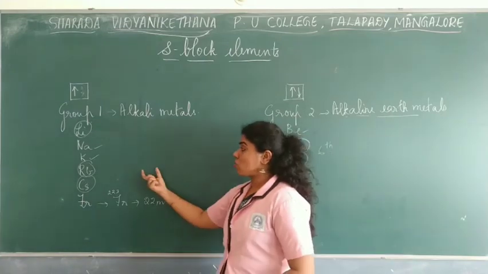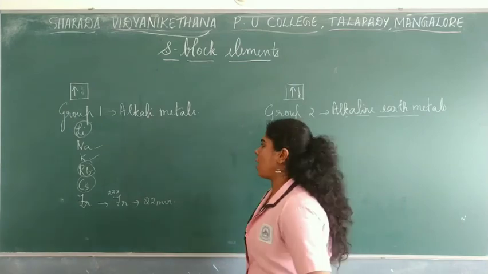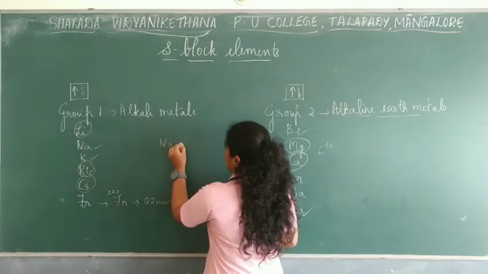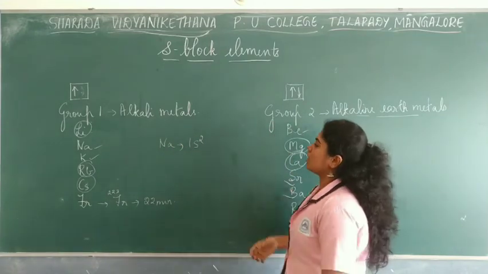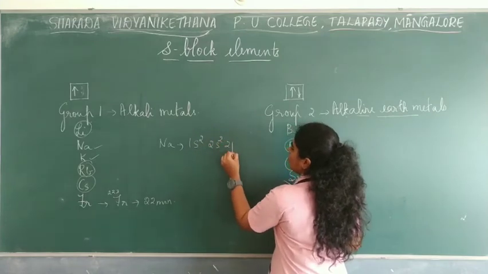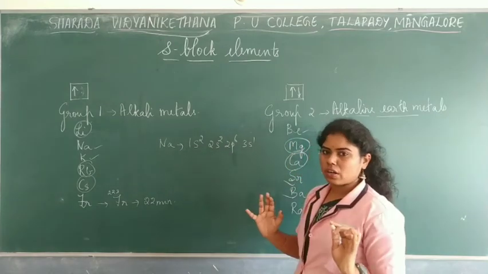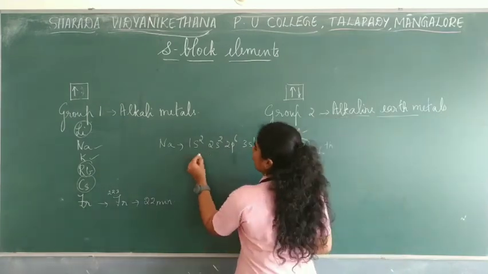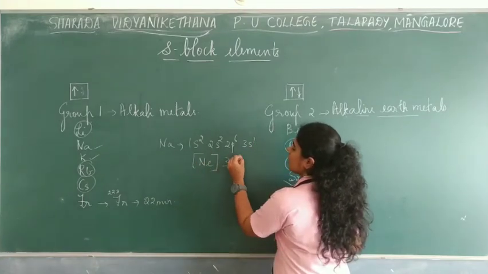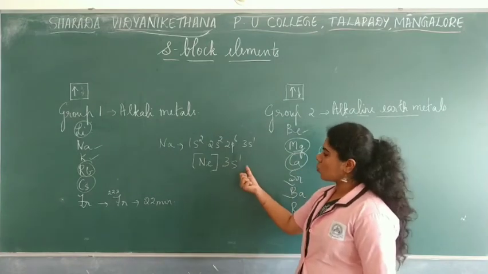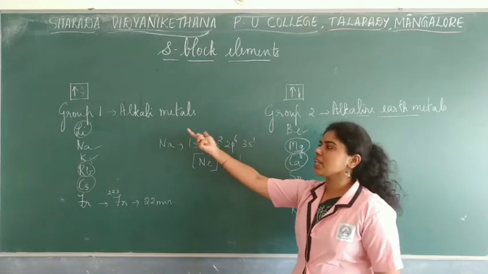Now talking about the electronic configuration of alkali metals. If you take the example of sodium, first let me split it up. You write it as 1s2, 2s2, 2p6 and then 3s1. Now if you have to simplify and write it in a simplified way, you write it with the noble gas core. The noble gas is neon, and you write it as [Ne] 3s1. Because one electron is entering the valence s orbital, you call them alkali metals, that is s block.